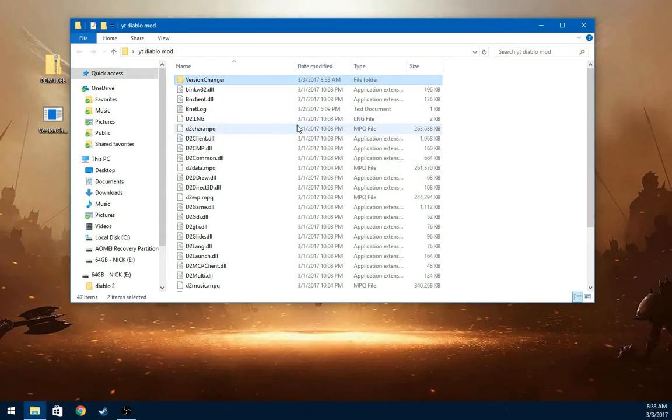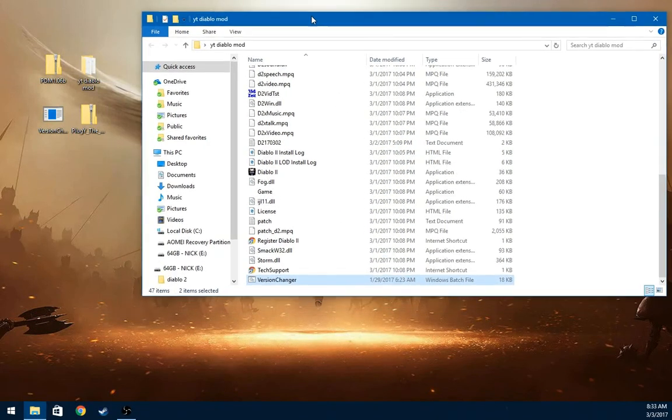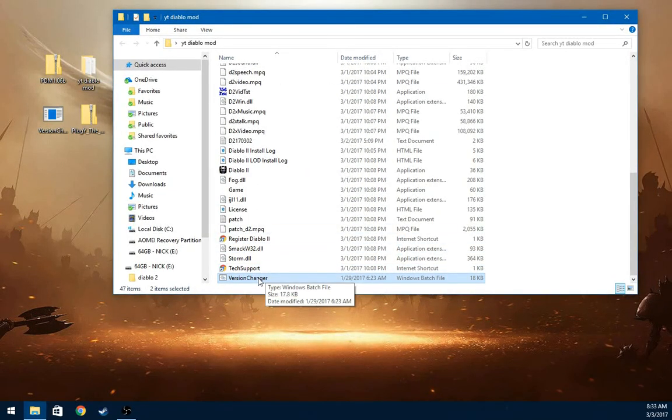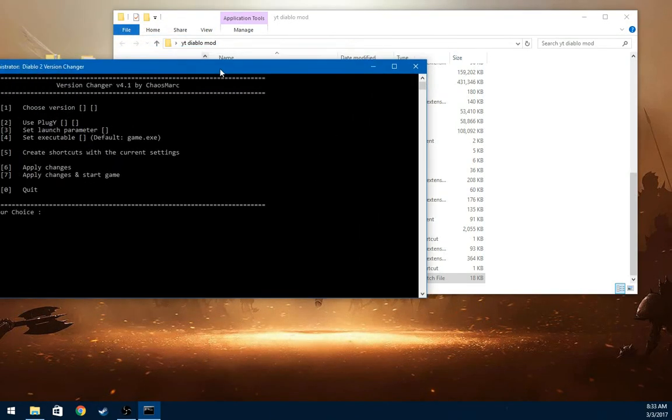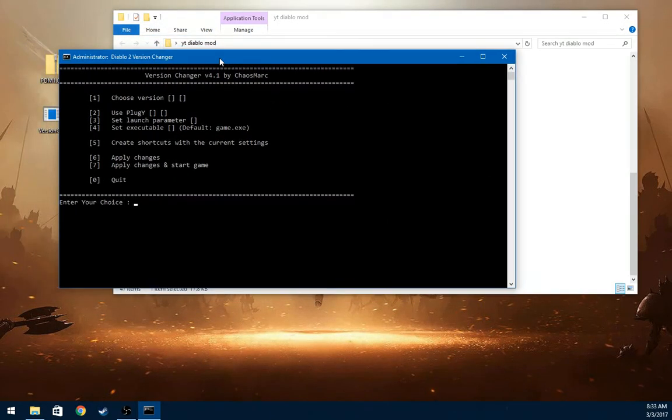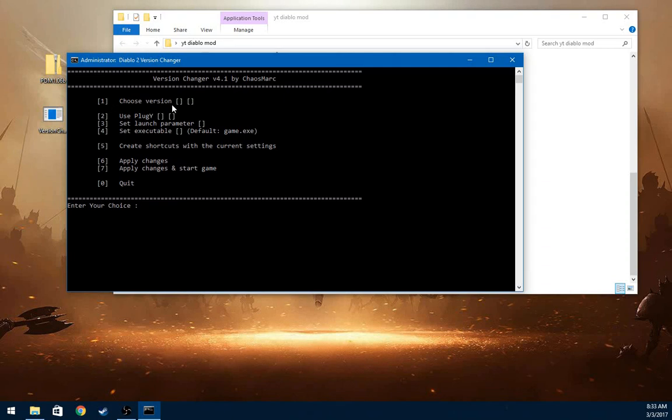Okay, now that we got the version changer in there, this is what the version changer is. It's a command line. Once you click on it and accept the user interface, it's going to look like this. As you can see, there's choose version, use Plugy, set launch parameter, set exit. We're not going to worry about the rest of this. All we're worried about is choose version. You have to install this first because you have to set the version to